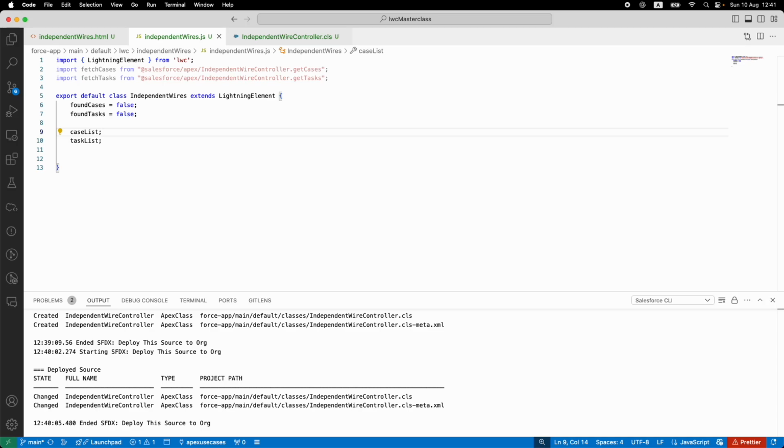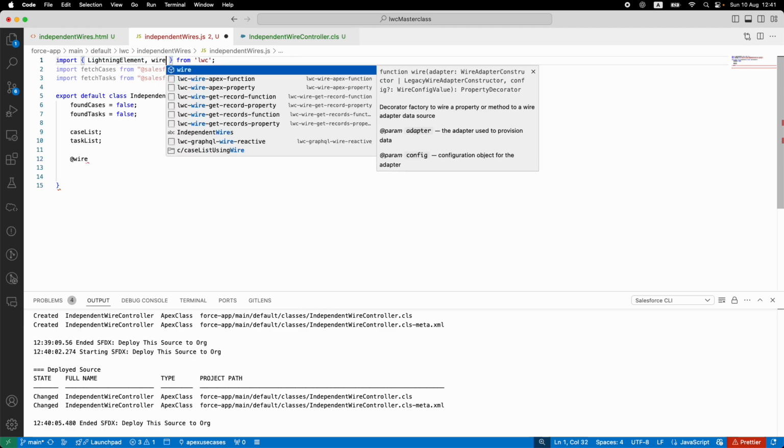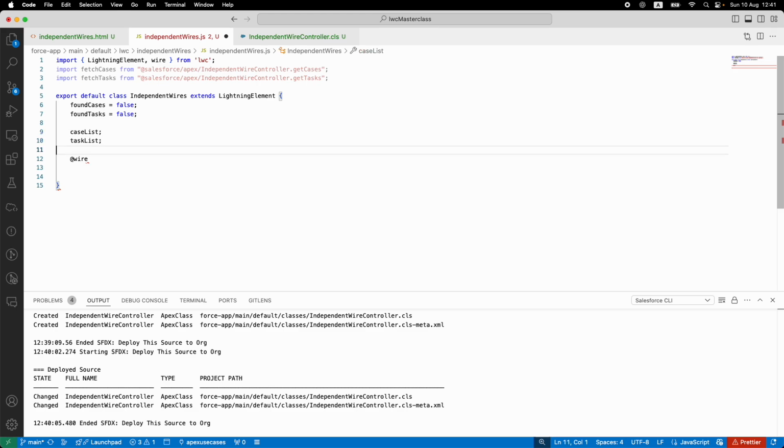Now the JS file needs to actually call the wire methods. So the JS file needs to call these two methods. Now what is the syntax? Remember what I told you, because you're going to wire it, you need the annotation wire. When you say wire, you have to tell the system that you want to use wire from your module. So you have to give that on the import. Perfect, even that's done. Now when you do wire, you tell what you want to wire. I want to wire the fetch cases method,